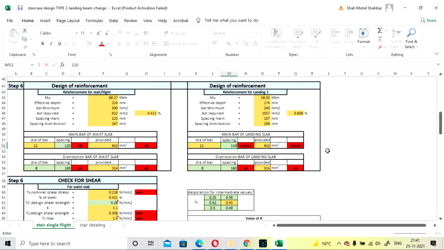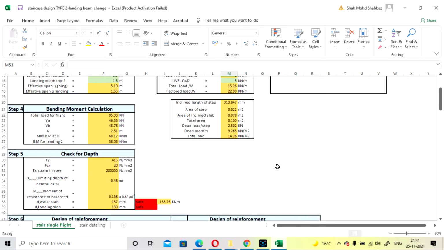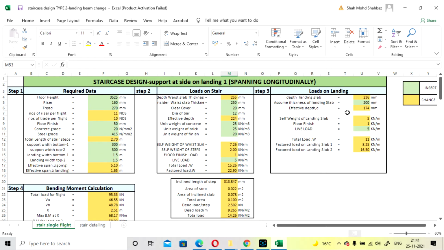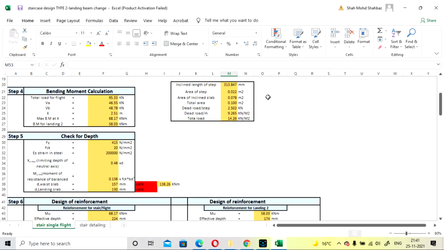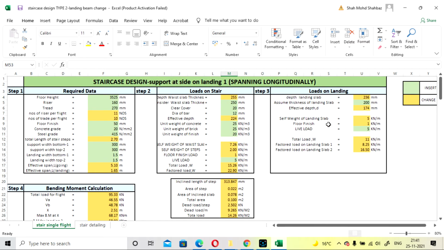If you go with 110, it also shows not okay, so we will go with 100 mm, that is okay. You can go with the 16 mm bar, but all you need to do here is that the effective depth calculation will be different, and it is also difficult for lapping consideration.